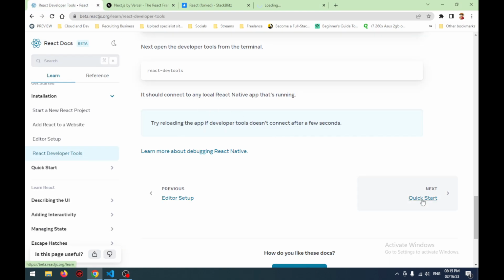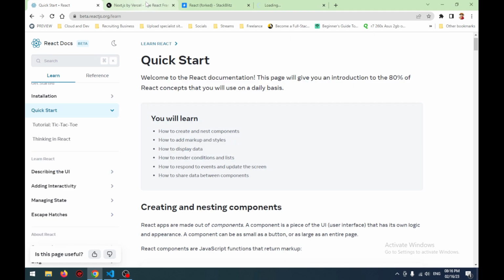I will say wow. Alright, for now we finished the installation tab. Can I say the installation tab is complete? We are moving to Quick Start. But before we go there, we are going to click on